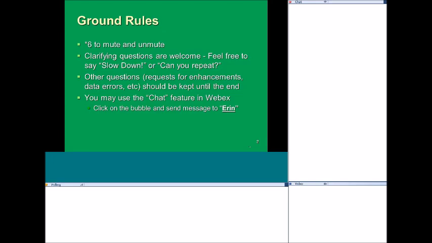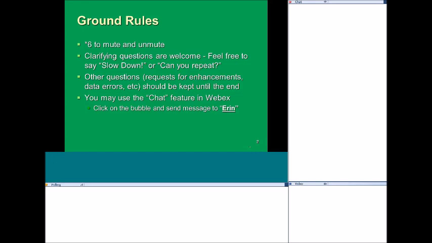We welcome clarifying questions or comments such as slow down or can you repeat that, but we do request that you save other questions, such as requests for enhancements or trying to find out about a data error, until the end so we can make sure to get through the core subject material.